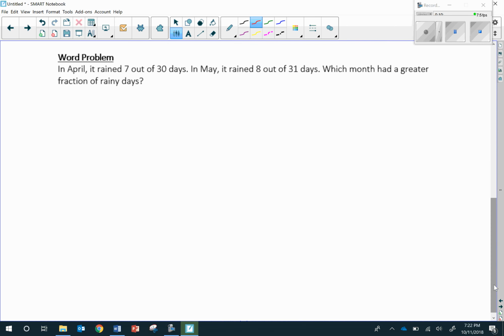In this last example, we're going to do the same thing. It's just written as a word problem. So in April, it rained 7 out of 30 days. And in May, it rained 8 out of 31 days. We can use the common multiple of 950